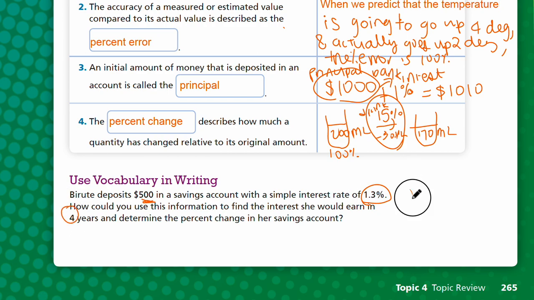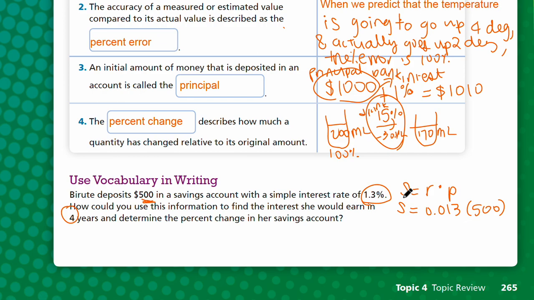So S is equal to the rate times the principal, right? S stands for the simple interest amount. And so the rate is 0.013 in decimal, and the principal amount is 500. And so you multiply that, and you get